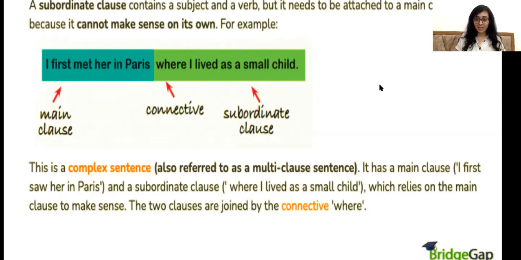Where, right? So where is the word where it is connecting? It needs something to be attached to the main clause. I cannot simply say where I lived as a small child. What? What is the further information? I first met her in Paris. Where? So certain words like where,